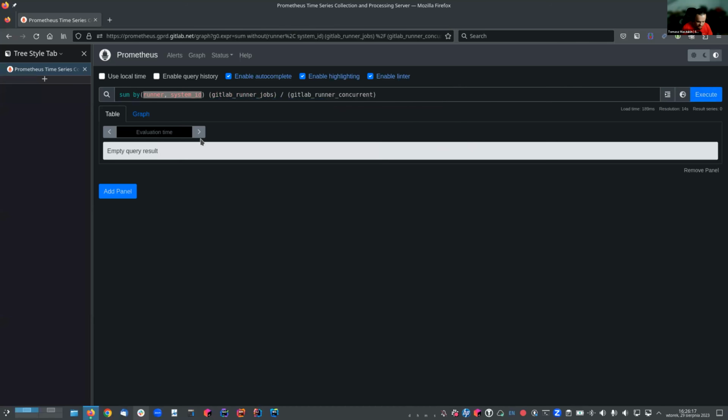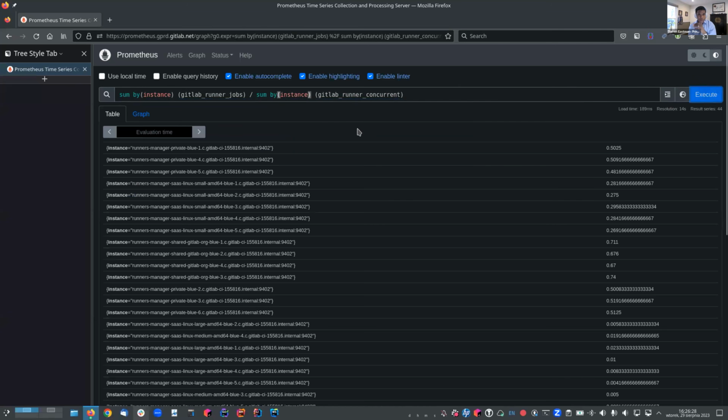Maybe it will be easier if we go sum by. Okay, so instance is one of the labels that Prometheus adds by itself when scraping the metric. It scrapes it from some remote target, so it's an IP or FQDN, depending on how you configure Prometheus, and the port. So in this particular case, the label instance is a Prometheus generated label. It has nothing to do